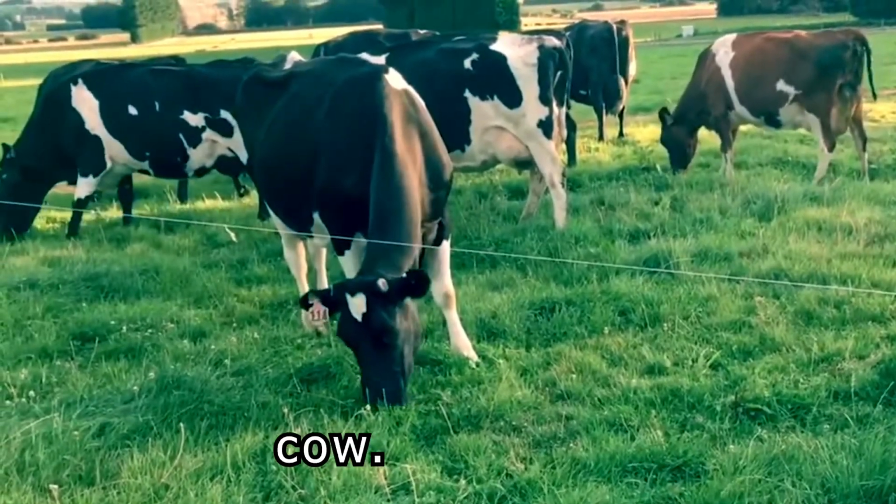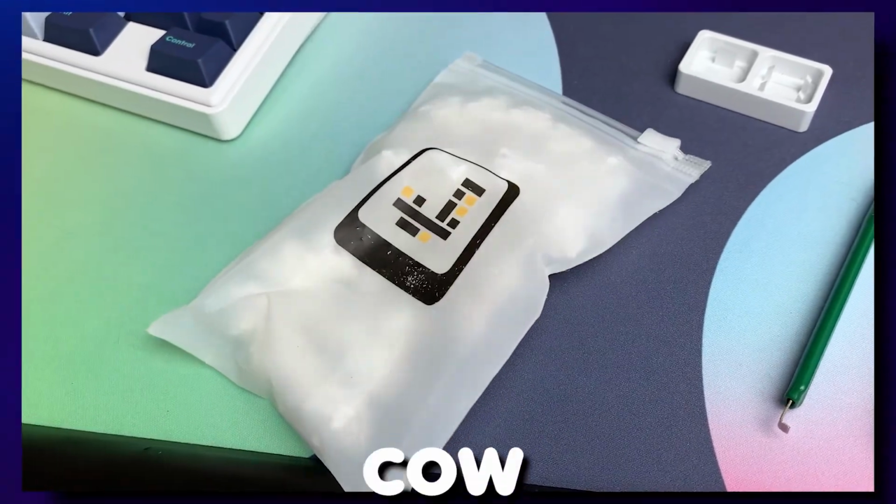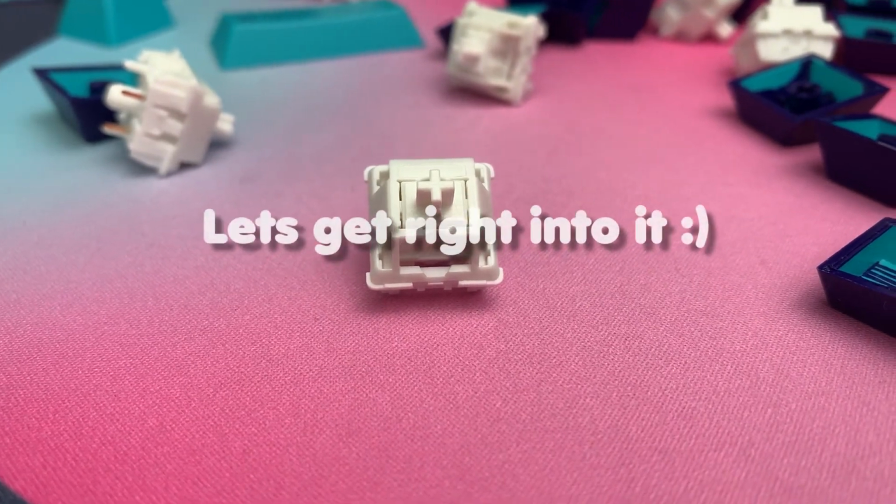This is a cow. This is also a cow. What? Today we're going to take a look at the cow switches from JK's Design. Huge thanks to them for sending these out for review, but of course that won't change my opinions on these